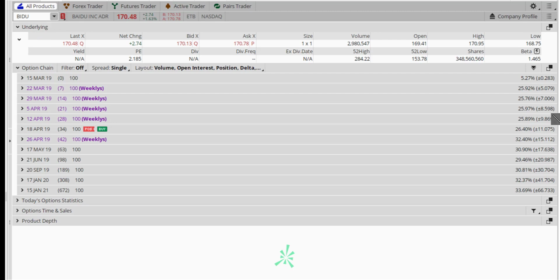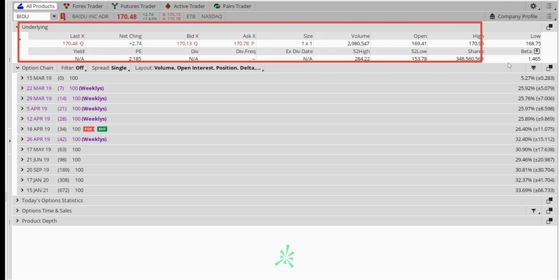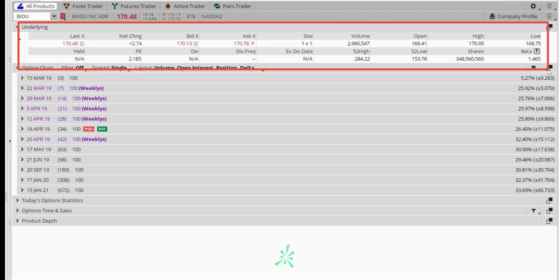Now there is some information which is displayed about Baidu as an underlying, not really the Baidu options but the Baidu stock, which is in this particular section. Information like last price, the net change, which is how much it has changed since yesterday, what's the bid price right now, what's the ask price,